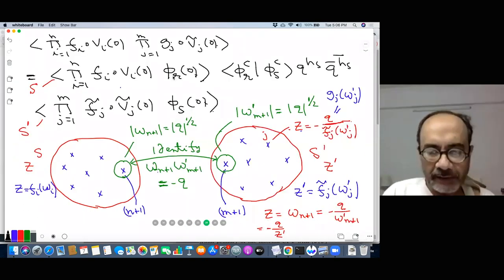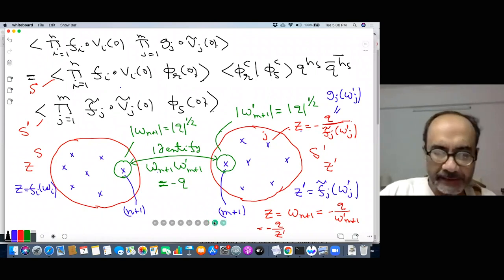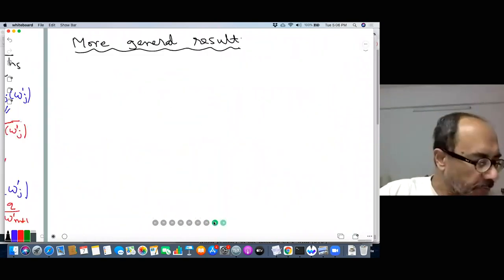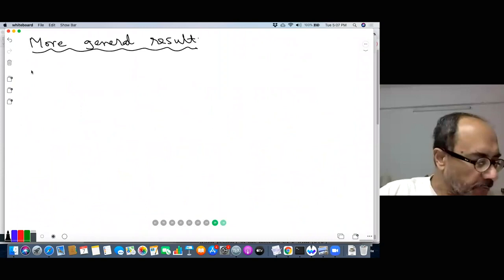So we'll now describe what happens when the local coordinates here are not identity. The map f_{n+1}, for example, was just a simple identity map, and that's not going to be the case anymore. So if we consider